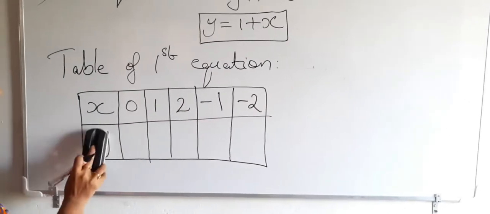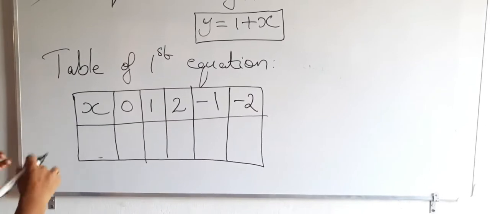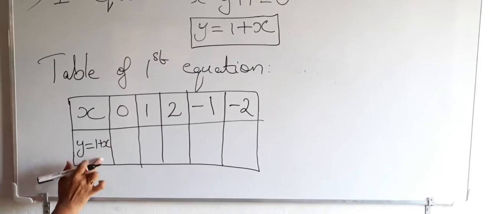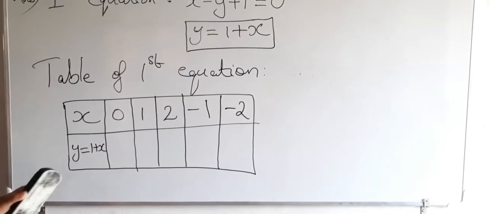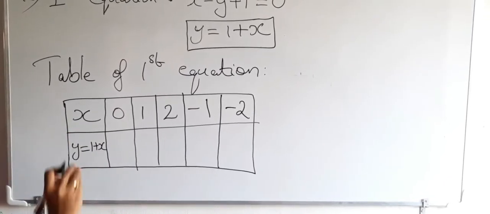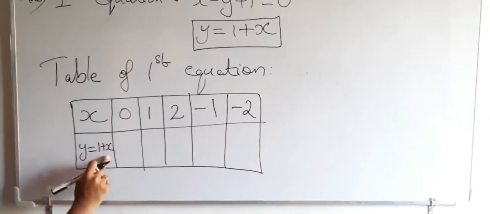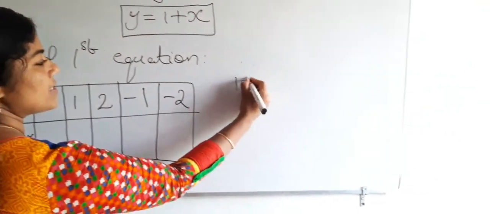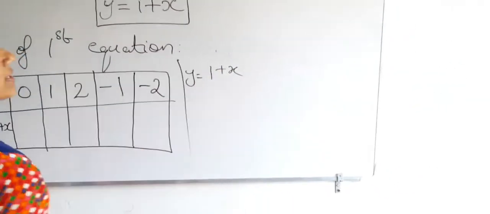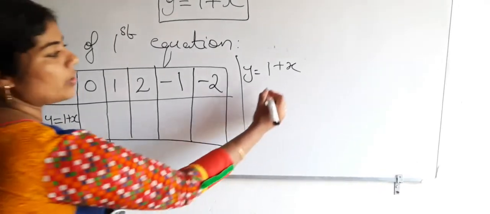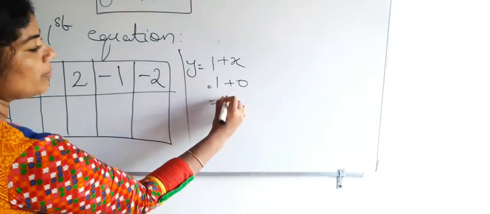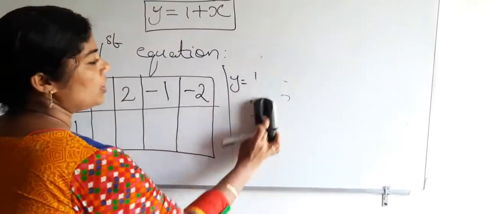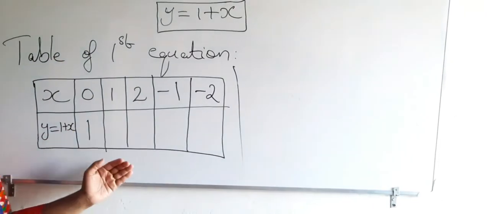So here, without writing simply y, it's better to write y equal to 1 plus x. It will be easier. Now, when x equal to 0, what will be y? If you place x here in 1 plus x, that is your y. So when you give x equal to 0, here 1 plus 0, it will be 1. So when x equal to 0, y equal to 1. Like that you will get. You have to find each value like that.